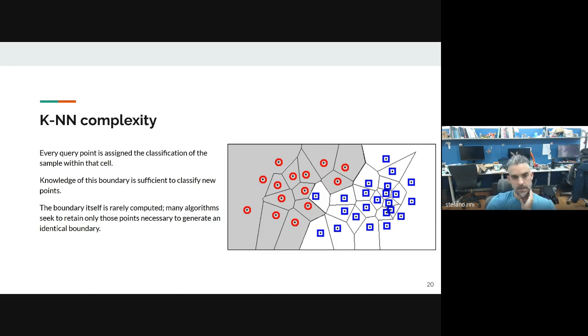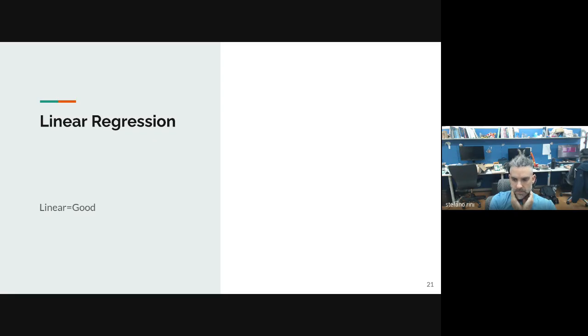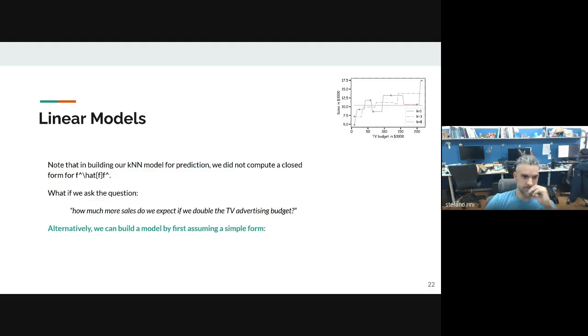Okay, just some additional things for you to think about. Okay, linear regression. So here the tagline is that linear is equal to good. As an engineer, whenever you see something linear, you know that you have the theoretical tools to tackle it. But of course, the other tagline will be that linear is also equal to simple. So linear sometimes doesn't capture the complexity of the real world. Doesn't matter.